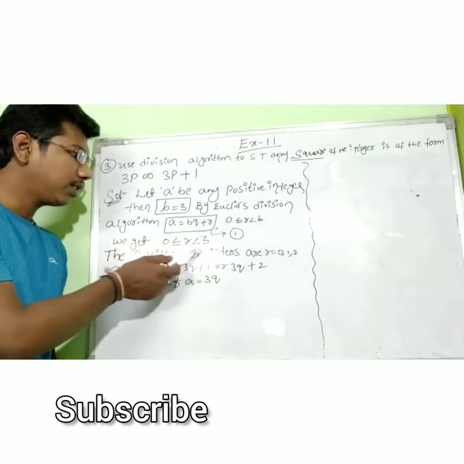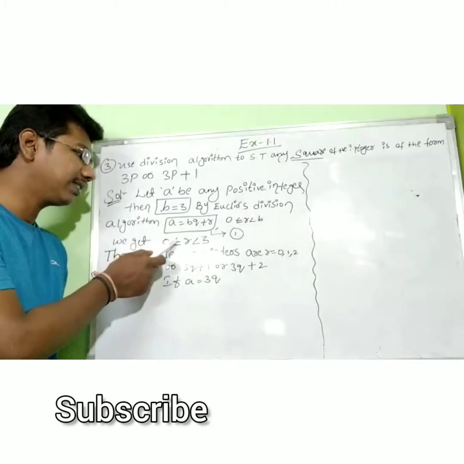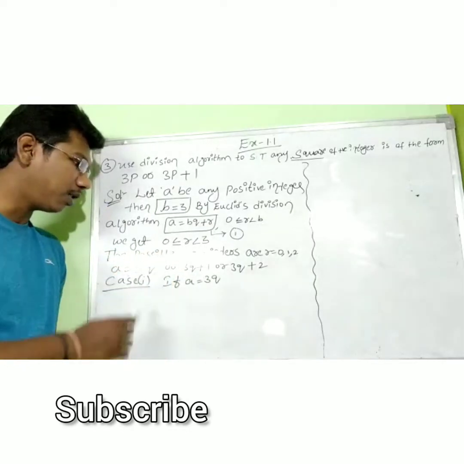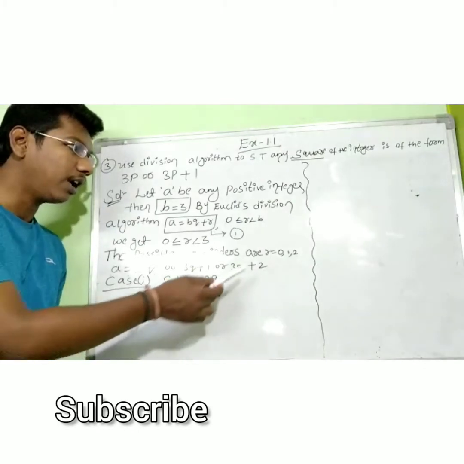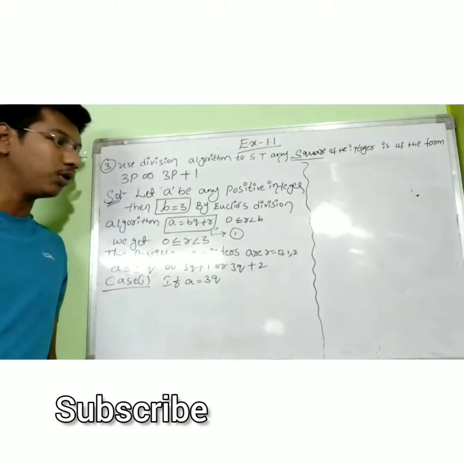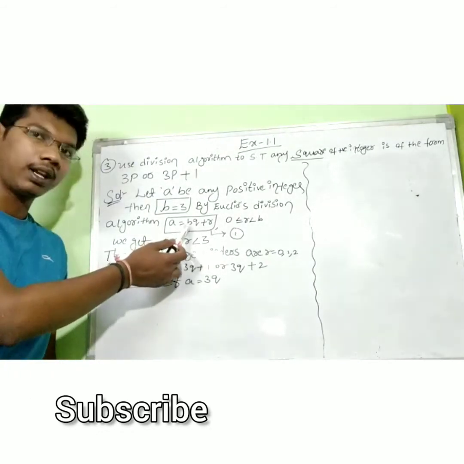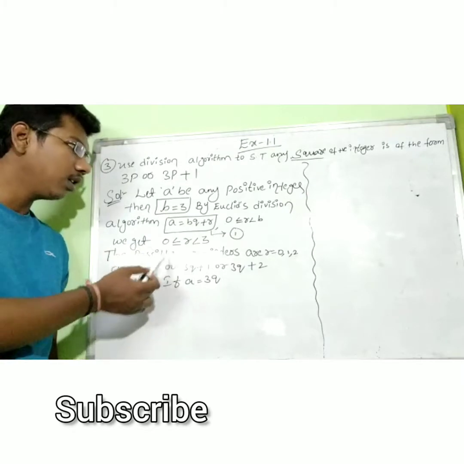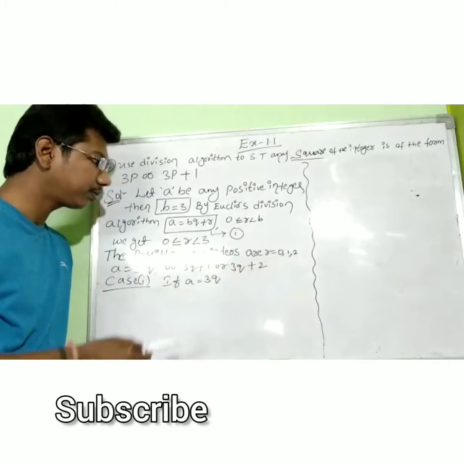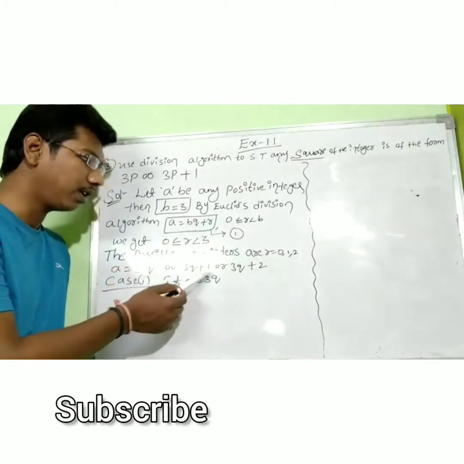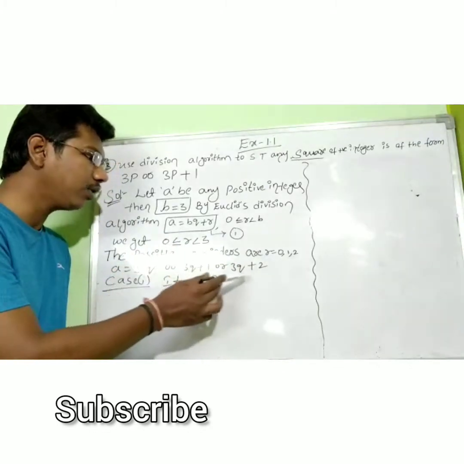Okay. Now what is the b value? You can observe clearly by seeing the question. Here b value is 3. Now 0 less than or equal to r less than 3. Therefore the possible remainders are r is equal to 0, 1, 2. Okay, if you substitute r value 0 in equation number 1, you will get a is equal to 3q, since b value is 3 here, right? r value is 0, so 0 means 3q. If you substitute r value is equal to 1, a is equal to 3q plus 1. And if you substitute r value 2 in equation number 1, you will get a is equal to 3q plus 2.